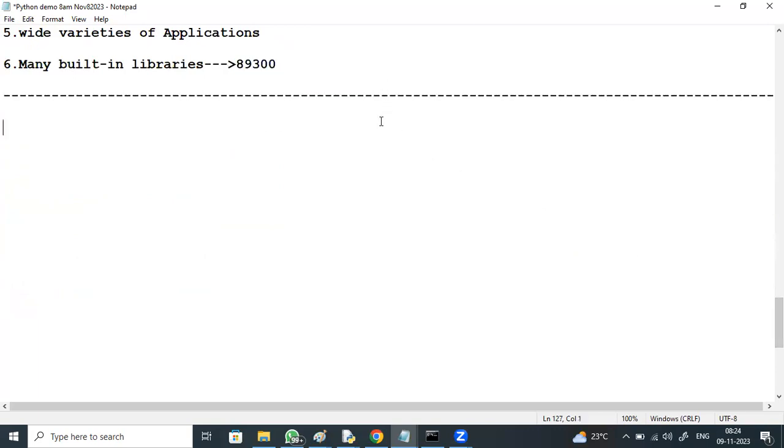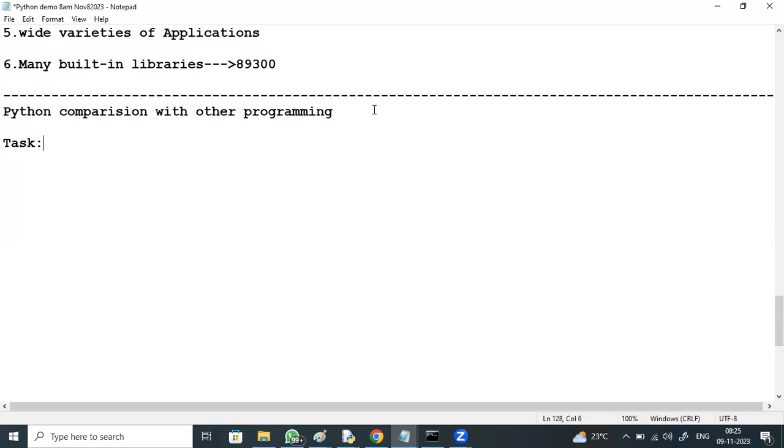I'll show you some sample snippets of Python, sample coding. Python comparison with other programming languages. For example, I'll take a task and implement it in multiple programming languages.